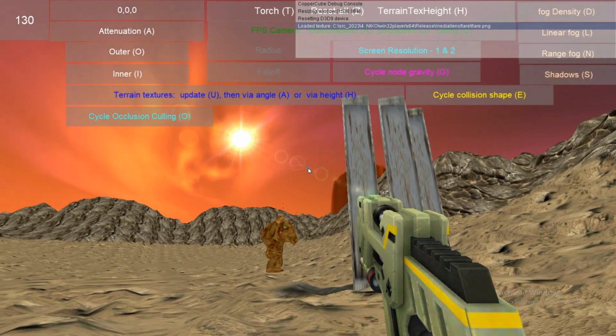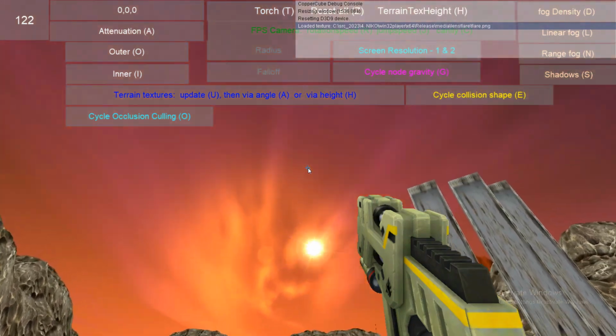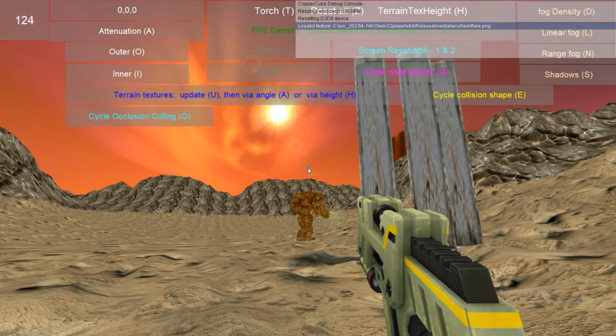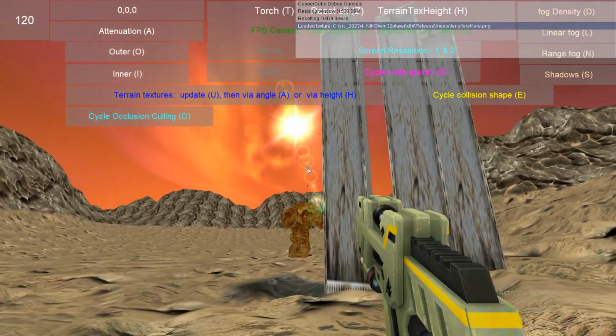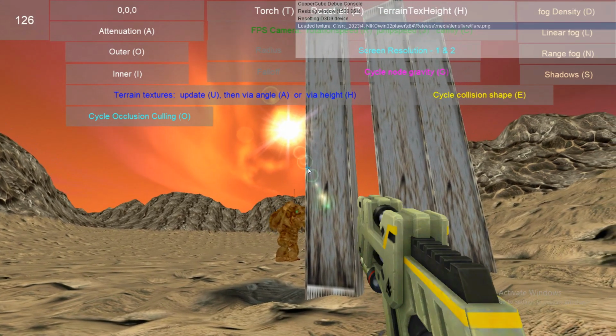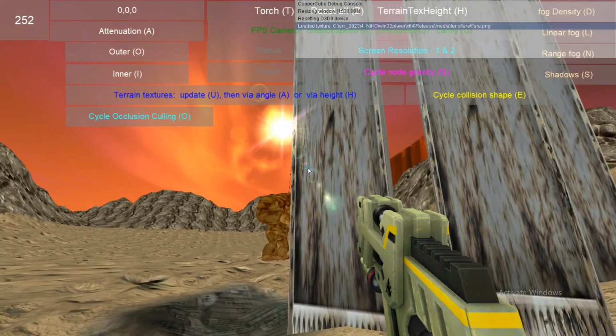It's not a bad setup by default. I'm pretty happy with it the way it is, but you can change it all. So that's the lens flare, and I'll just turn on occlusion culling. So watch the frame rate. This is a large terrain of over 1 million polygons, that's why the frame rate's a bit low. If I turn on occlusion culling, there it is, it pretty much doubled the frame rate, so it does work, and